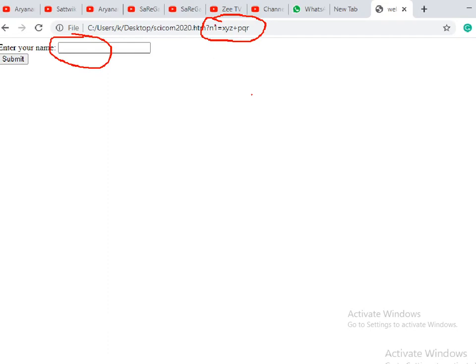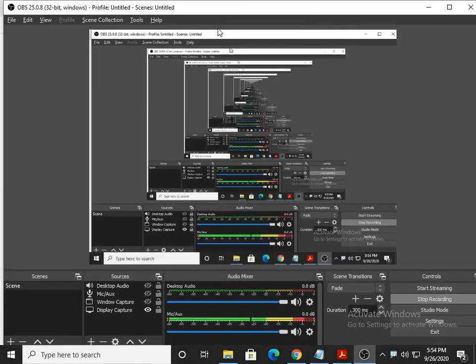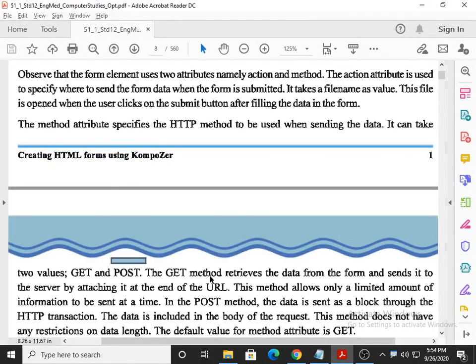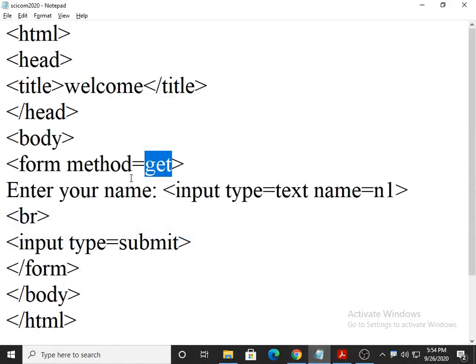Why does it happen? Because the method is get. Get method will display every piece of information of all the boxes along with their names on the address bar.